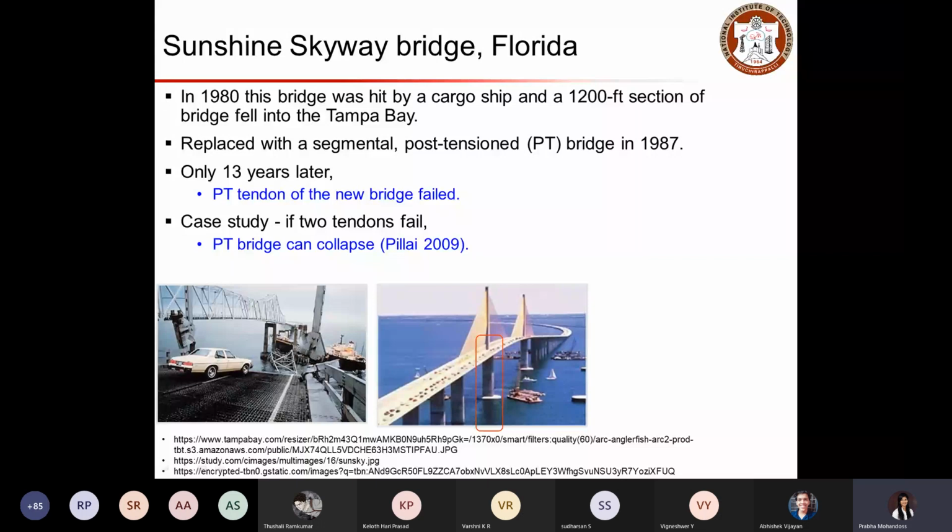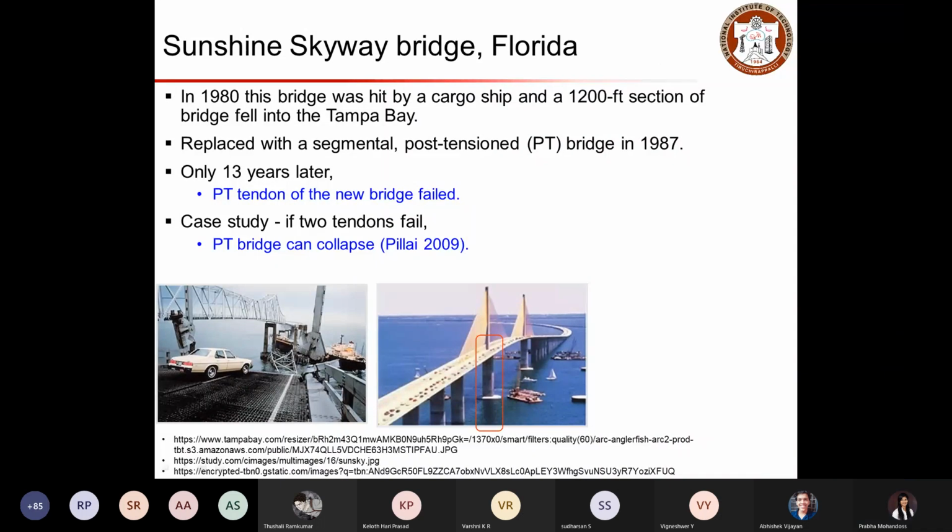Now let's look at some cases where you can observe structural failure due to corrosion. This is one of the classic case studies for such corrosion failure. This is the Sunshine Skyway Bridge in Florida.